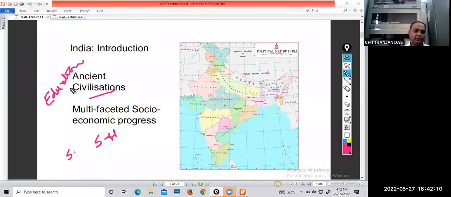Education, yes. Anything else? IT sector, yes, because so many Indians have now become the chairman or CEO of big multinational IT firms. Is it not? Satya Nadella is there, then Sundar Pichai is there. Okay, and even Adobe also. All these companies are now being headed by Indians. So that shows India's soft power also.